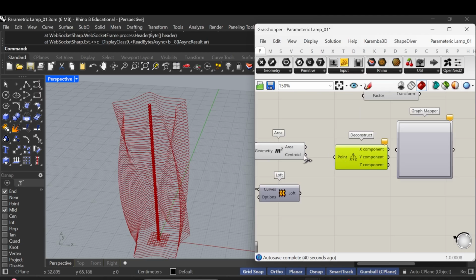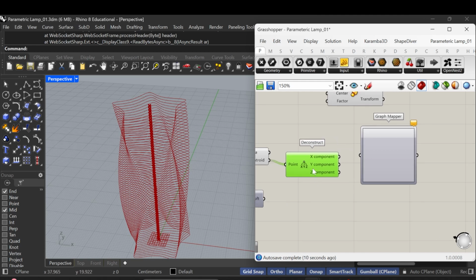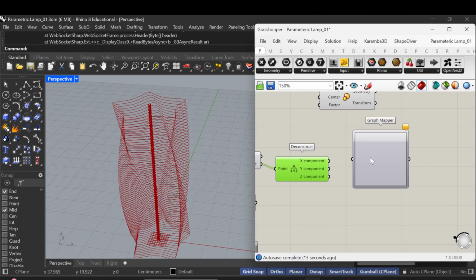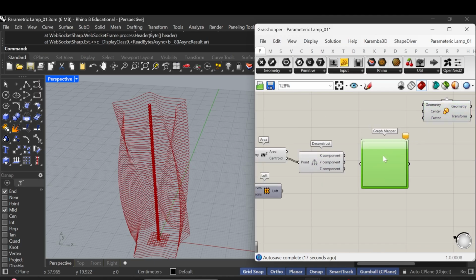All right, so how are we going to do that? We're going to use these points. These points, we don't need the area. So these are the points, x and y and z. X and y, we don't need because both of them are 0. But we know we need only z numbers. So these are the z numbers that we're going to use to put into a kind of scaling system, a scaling